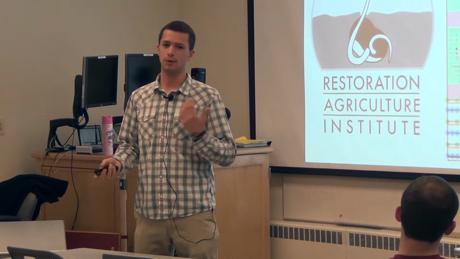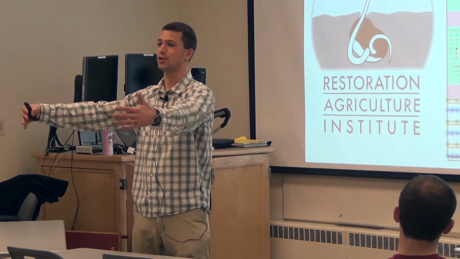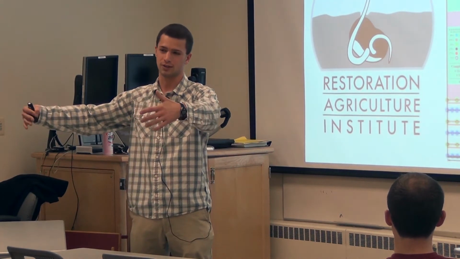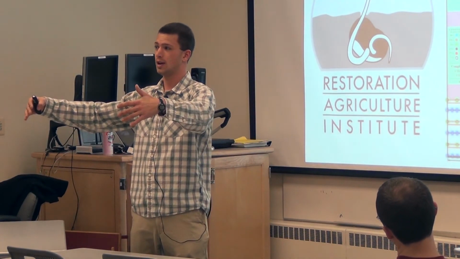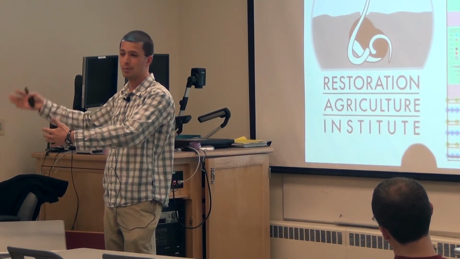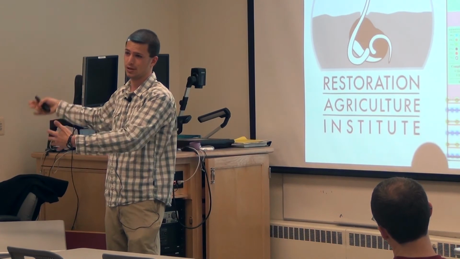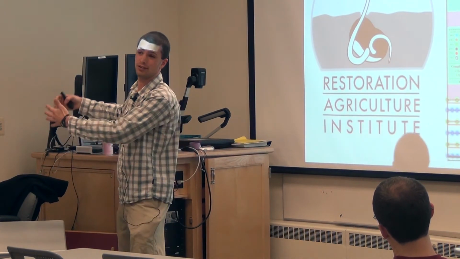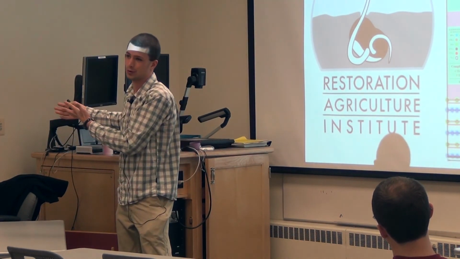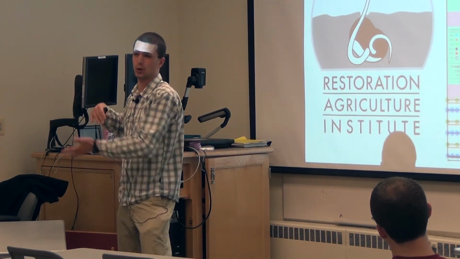But what would be the hard learning curve is that at least I'm personally, and people I work with, are very familiar with the toolbox of species that we have to work with here, the species that work well in this climate, that we're familiar with, and the food that people like to eat. If I went to Africa, they have a savanna there, I'm not familiar with the native species there. There's probably a similar savanna structure, but the species are totally different. And I'm not familiar with the things they like to eat and the processing equipment they have available. So it would be a totally different optimal scenario, I guess.